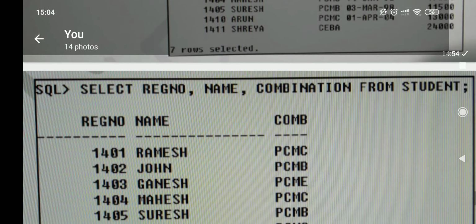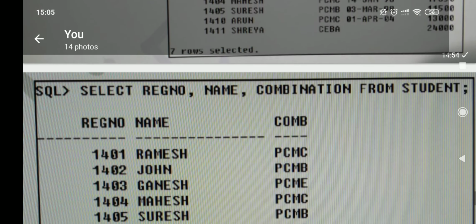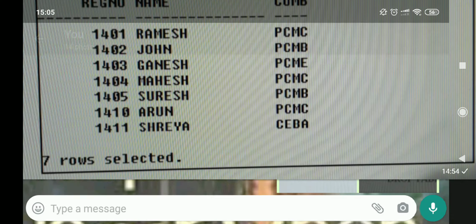If I want all the records, I will give select star. There are 5 columns: register number, name, combination, DOB, fees. Ma'am, I don't need 5 columns, I need 3 columns only. Now see the query: select register number, name, combination. What columns you want, you can mention clearly. That is how you can bring the data.